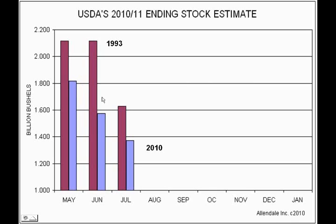And here's the ending stock numbers here. The blue bars are 2010. Now we've taken some pretty good ticks down. And as I said, 1993 was the last time we had this type of a drop in terms of 400 million bushels in just 2 months. That's a dramatic change. Now, we all know 93 was a weather issue here later in the year,